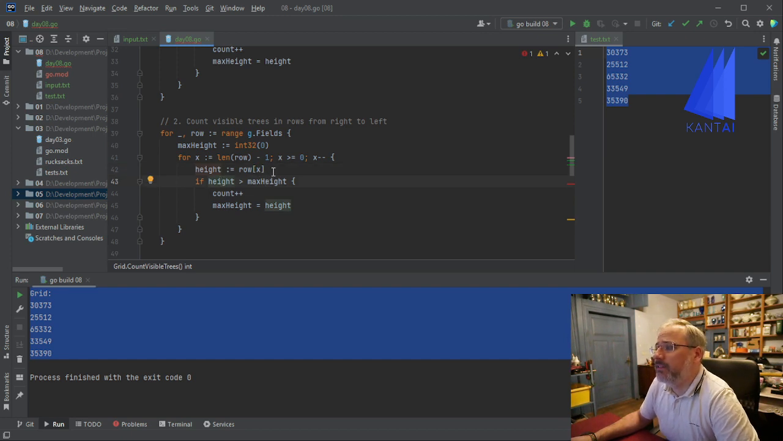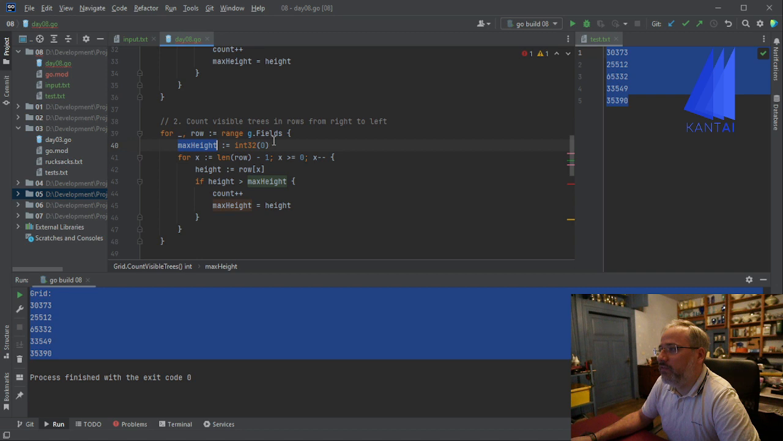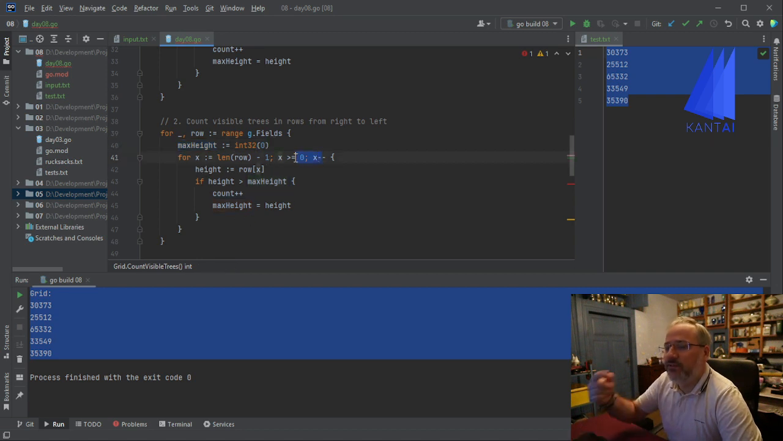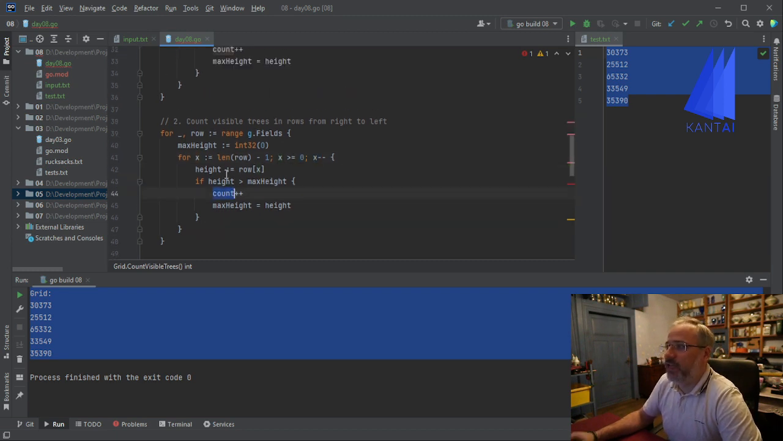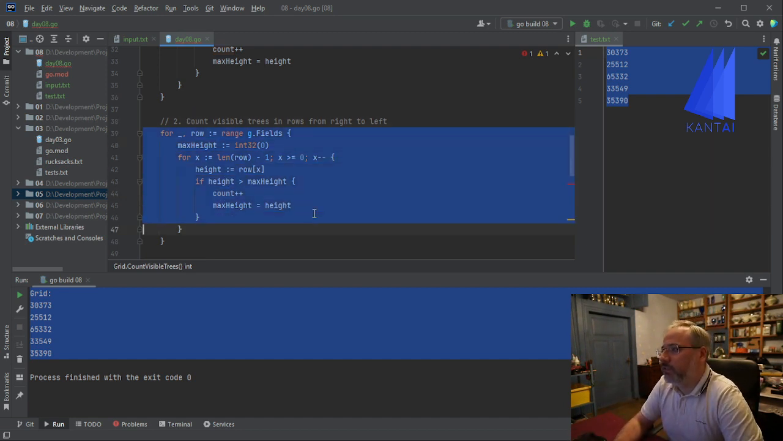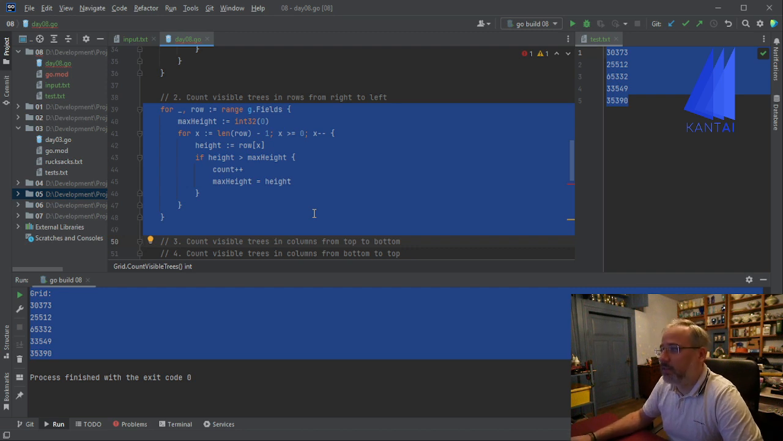Okay, but basically it stays the same, right? So we have our loop, we have our max height, and we just iterate in a different direction throughout the row. So this should also give us the number of visible trees that we can see from the right. Okay, so far so good. So now it becomes a little bit more tricky,